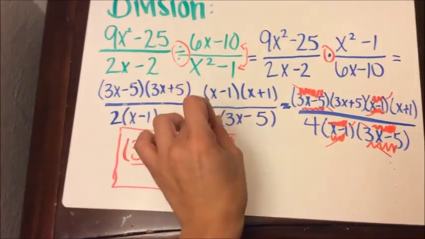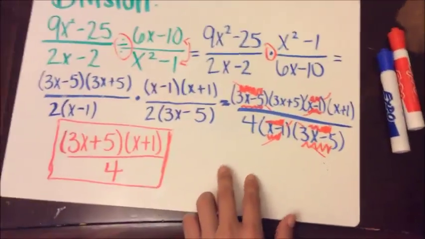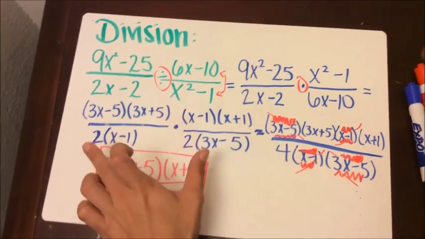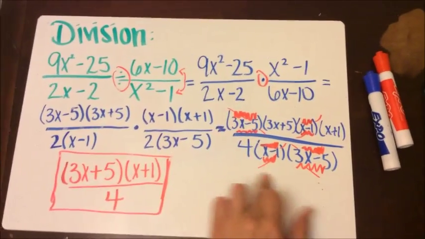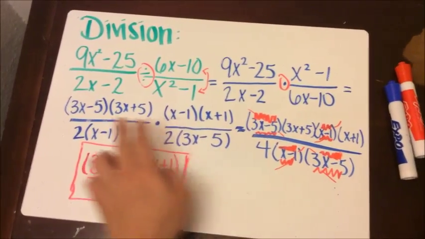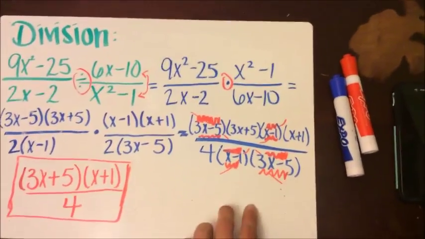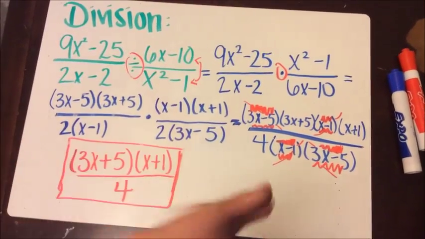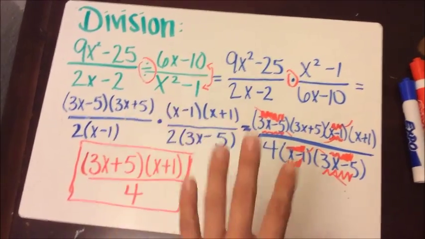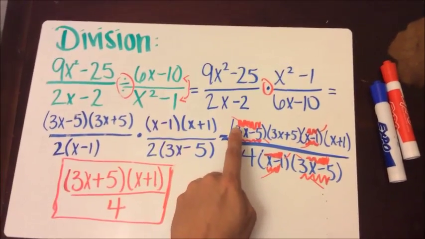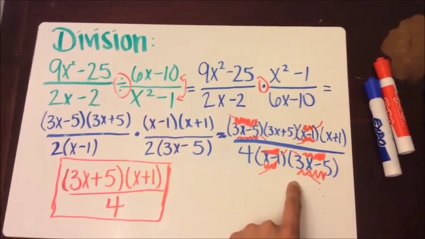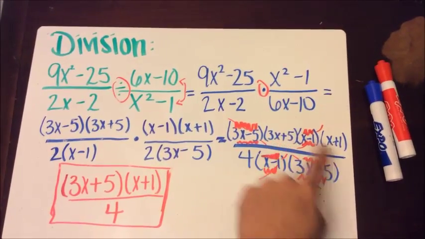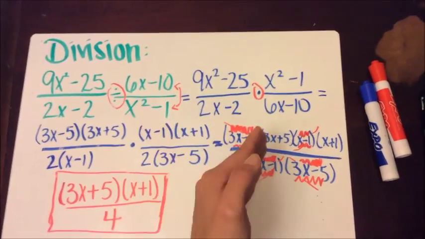After that, we will combine them together. And that's right here. We have the denominators, the 2 times a 2 is a 4. And then we combine these two in the denominator. Then we do the same thing, and we put all the numerators together in one line. After that, we see which ones cancel out. Again, monomial with monomial, binomial with binomial, if they match exactly. So here we have a 3x minus 5, and we have a 3x minus 5, so these two cancel each other out. We have a 3x plus 5, but we don't have that in the denominator, so it will stay.